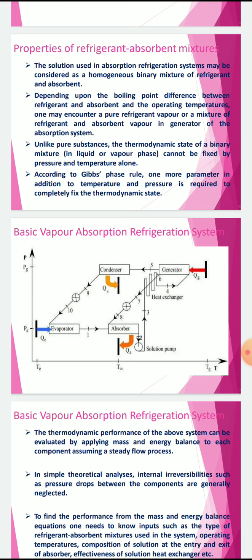of a liquid which is coming from the generator. That solution coming from the generator is the weak solution. Initially we have a strong solution, and after absorption it will become a weak solution. Qg is the amount of heat given at the generator, and the refrigerant, which we also call solvent, will get separated,